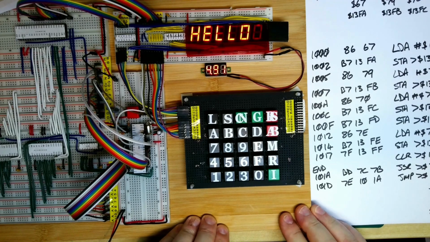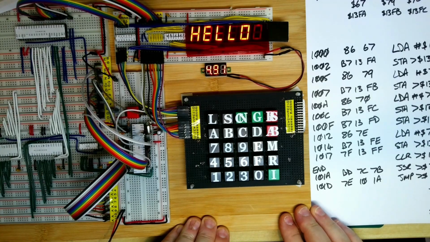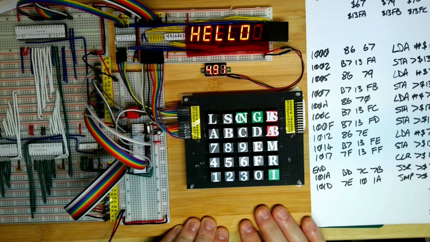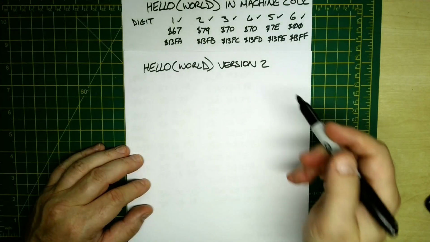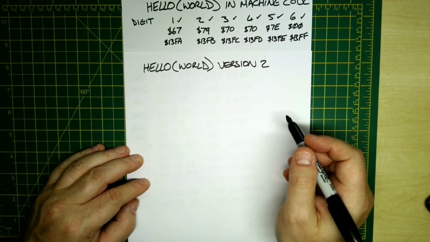As I said, this is not the most efficient way of doing machine code. And what I'm going to do now is rewrite this more in the way we would typically do this, where we'd probably put the message in a separate area of memory, and then write a loop to display the message. This is probably more like what we would do in real life. It's not going to be massively shorter in code size, but it probably allows us to extend. If we needed to extend the display, say, to 20 characters, then it would scale up, whereas this obviously would not scale very well.